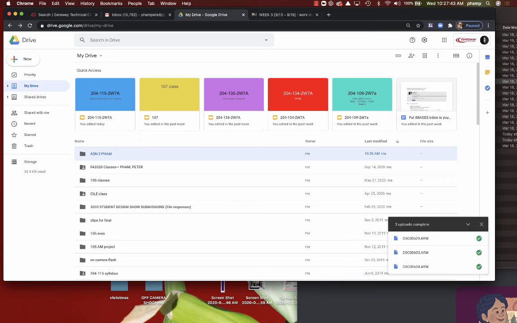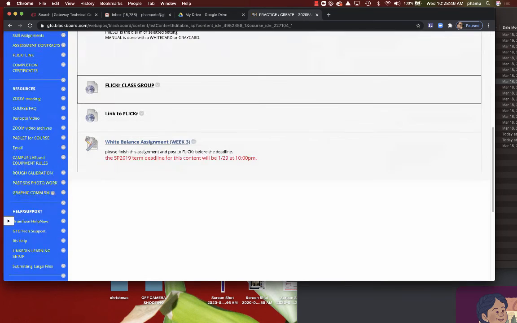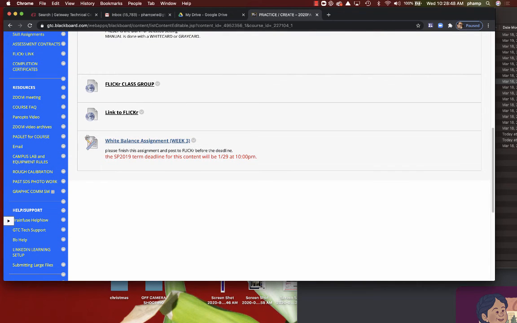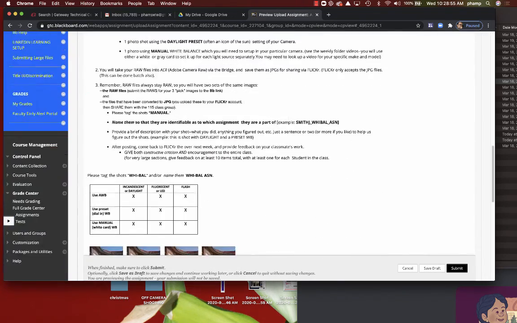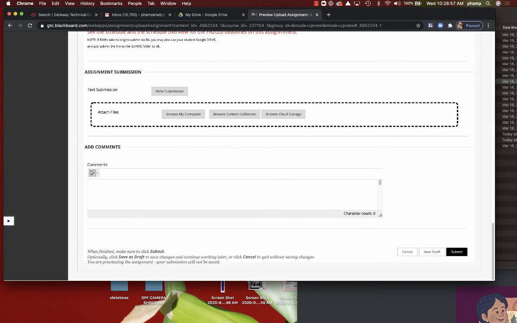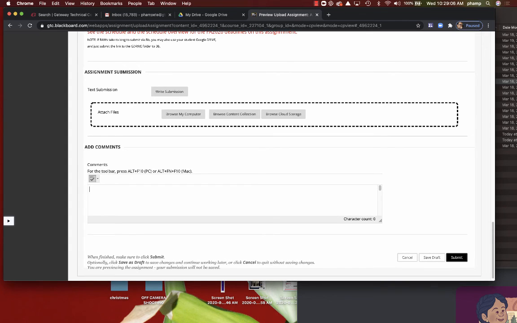Sometimes it may ask you to be sure that you want to give privileges to all the files inside, and I do want to give privileges to all the files inside. Okay, I'm going to go to my week 3 submission to submit, and not just 2 or 3 like there are for some of the other assignments. So as I go to submit it in this week's folder, I'm going to notice that, oh wow, those files get really big. Instead of putting the folder inside here and submitting it, what I'm going to do instead is